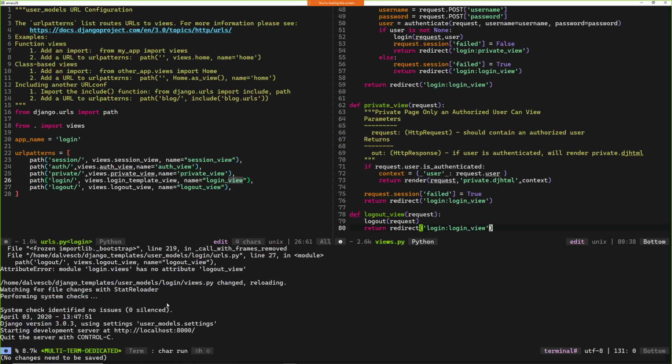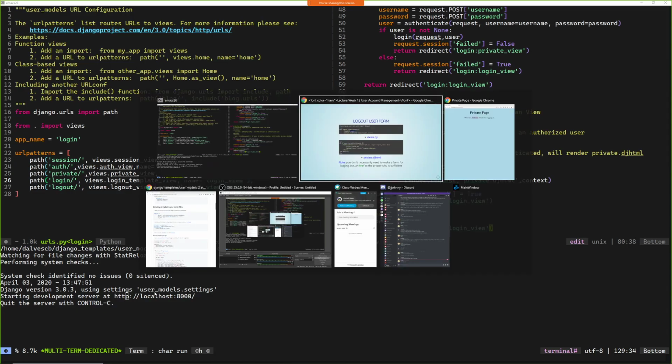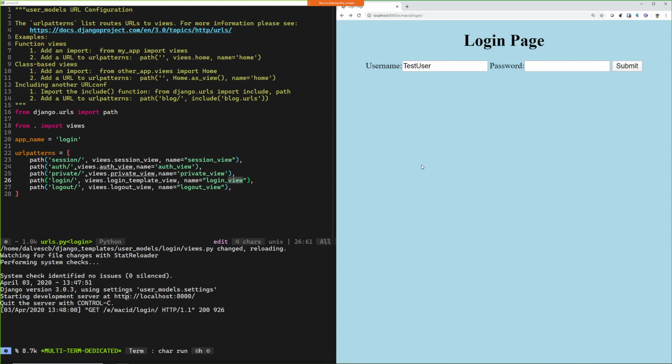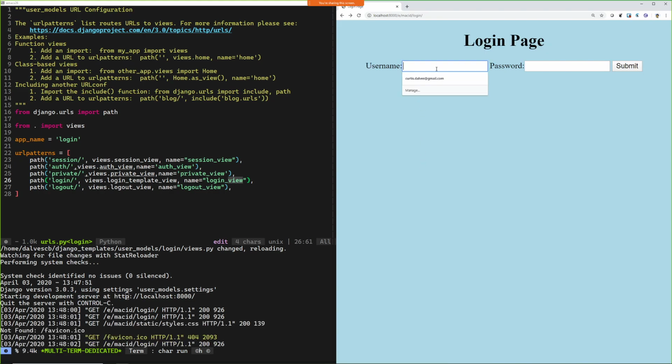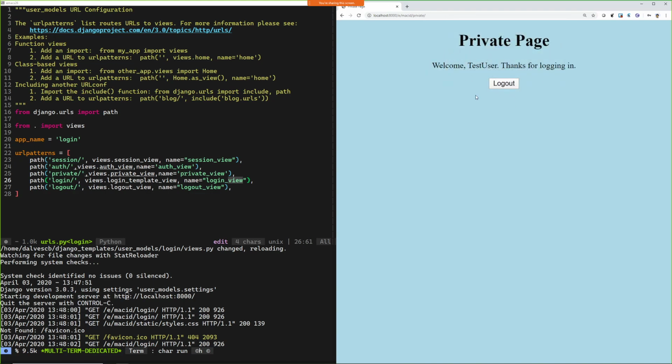Okay, and if I save this, you can see my server seems to be running fine now. And I can go back to my private page and let's reload this. And we'll log in again. I actually don't really need to log in again because I never logged out, but we will. Okay, and you'll see now that I have this logout button, and if I click logout, it'll bring me back